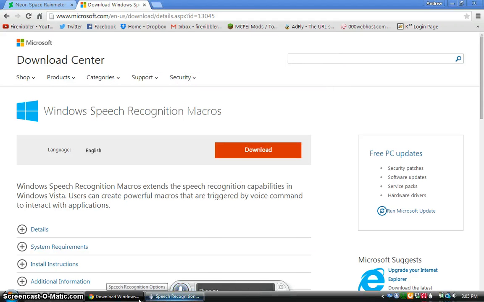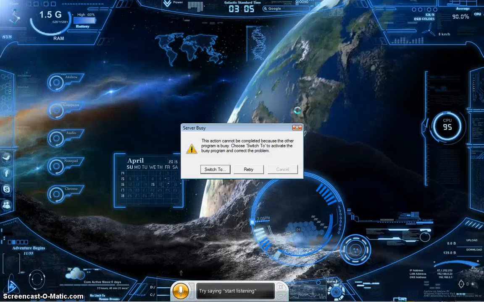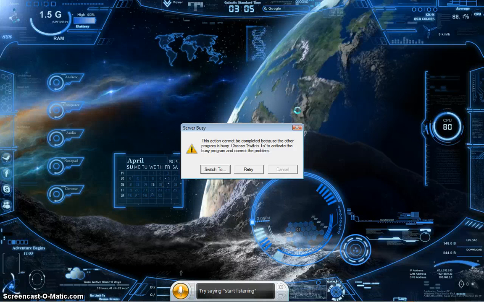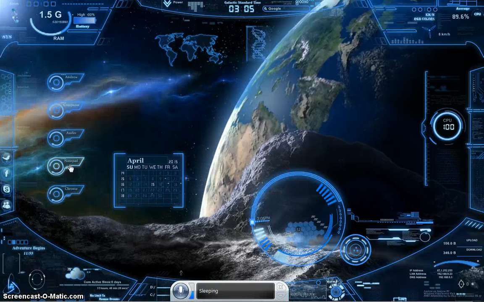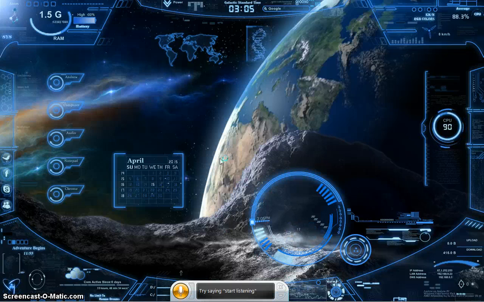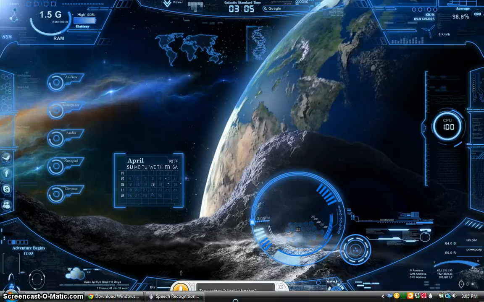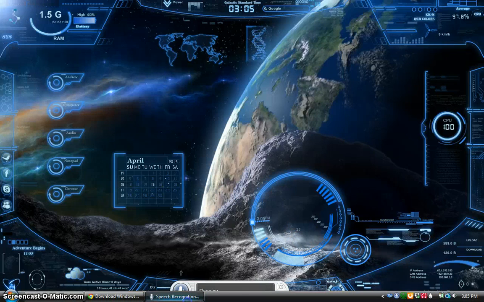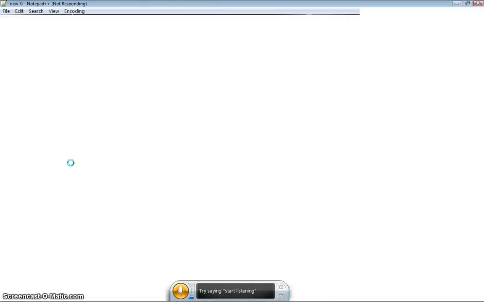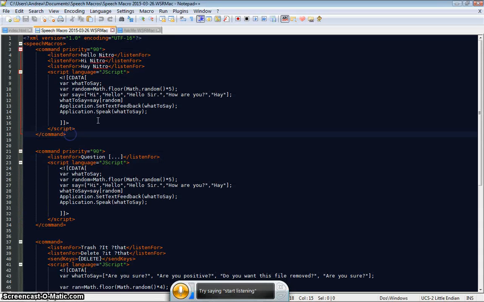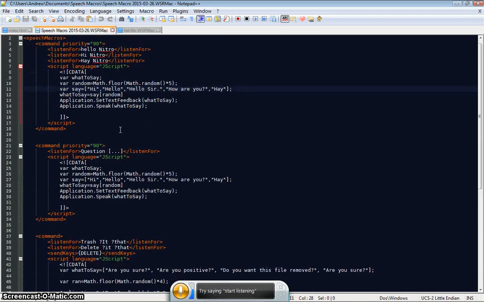So I'm going to show you a bit of a project that I've been working on. Notepad. I use Notepad++. There we go. And so this is what a speech recognition macro looks like. This is the JavaScript in it. But really, for a basic speech macro,